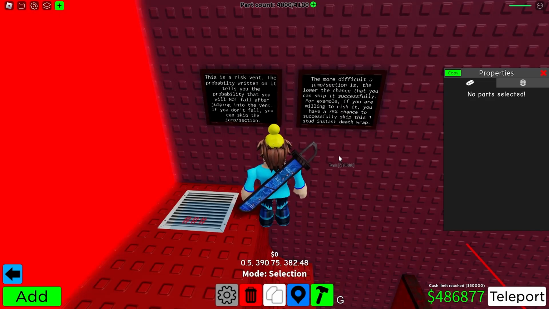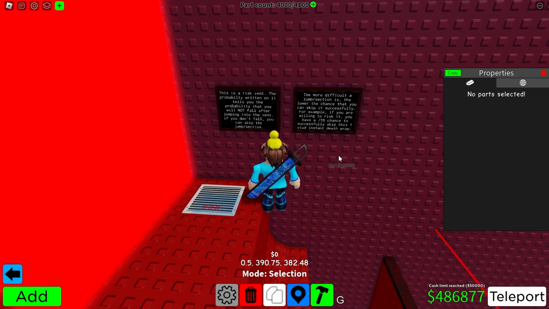This is a risk vent. The probability written on it tells you the probability that you will not fall after jumping into the vent. If you don't fall, you can skip the jump section. The more difficult a jump section is, the lower the chance you can skip it successfully. For example, if you are willing to risk it, you have a 75% chance to successfully skip this one stud